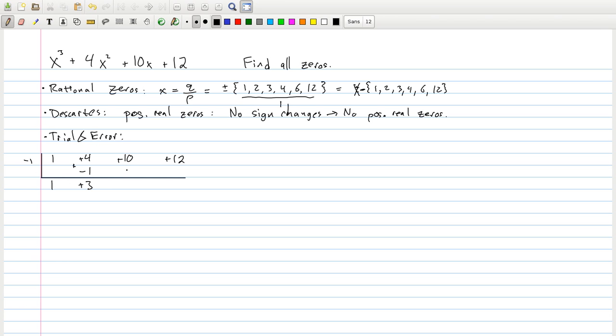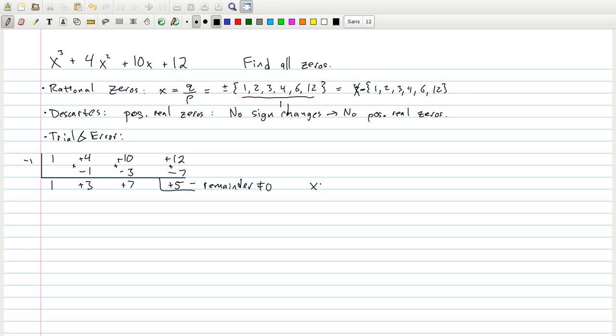-1 times +3 is -3. We then add these together, which gives us +7. Then multiply. -1 times 7 is -7. And if we add these together, we get a remainder of +5. Remember, this last corner entry is the remainder. And since this is not 0,